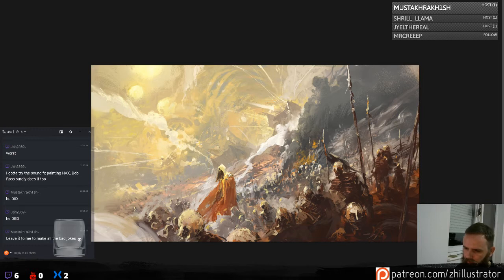Rim light. And now I wanted to make this helmet properly, so it's a bit more round.